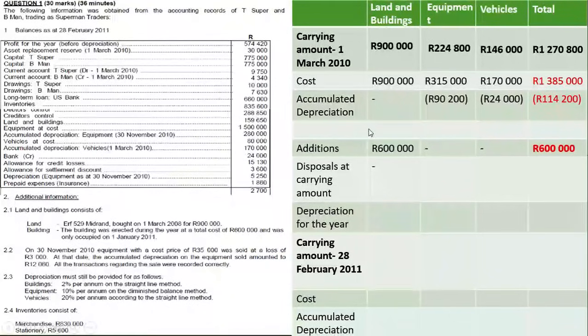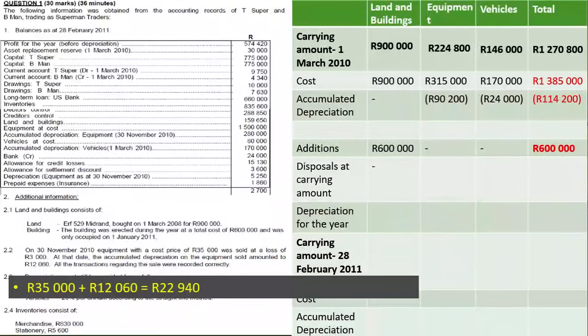Now look at this description. It says disposals at carrying value. Always important. You have to put disposals at carrying value, not at cost. So when you have a disposal, you put it at its carrying value, how much it's worth at that specific time when you're disposing of it. And how do we get carrying value? We get carrying value by taking the cost price minus all the accumulated depreciation related to that specific asset. So we're going to take 35,000 rand